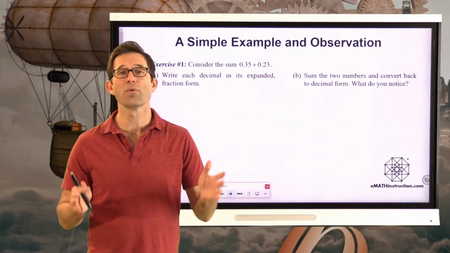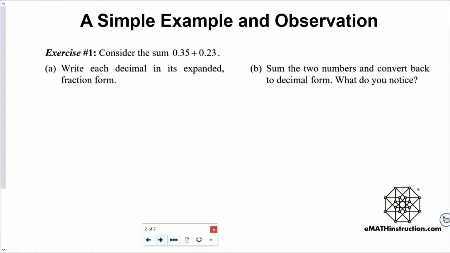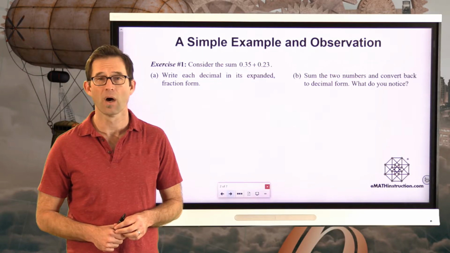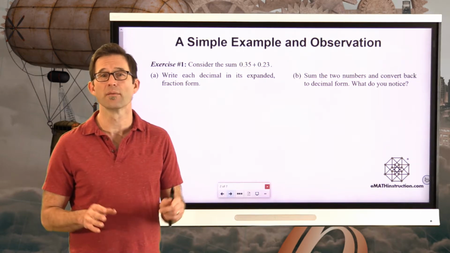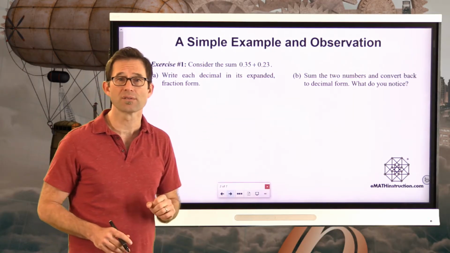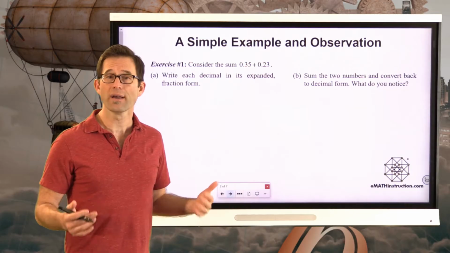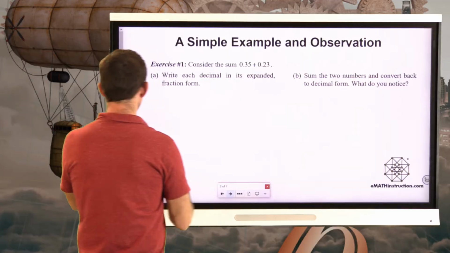Now, a simple example and an observation. Let's take a look at exercise number 1. Consider the sum 0.35 plus 0.23. Letter A asks us to write each decimal in its expanded form. You did this in the previous lesson. Let's do it together here. If I'm going to add these things at their most basic elements, I should go back to the fact that they really do represent fractional quantities. In other words,